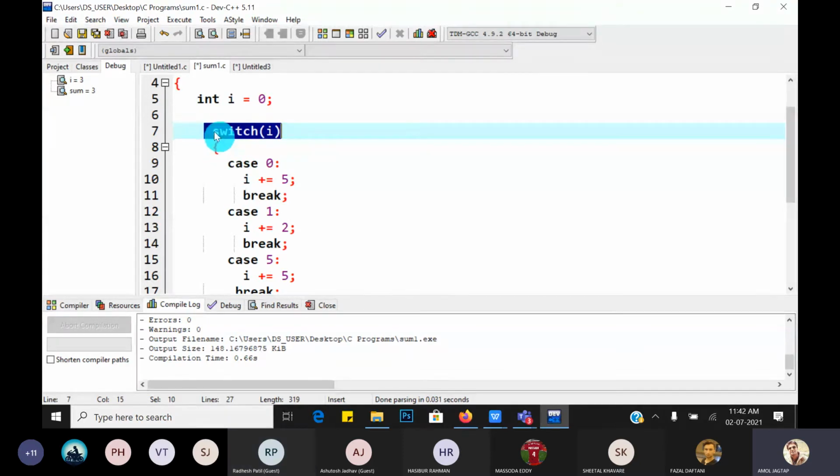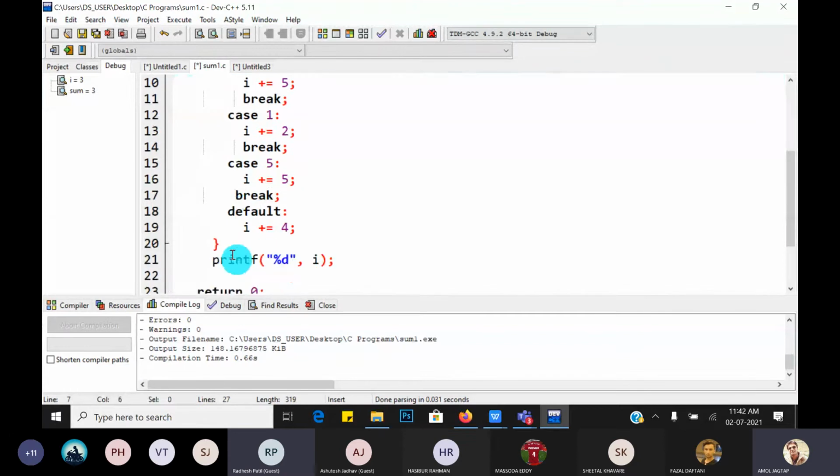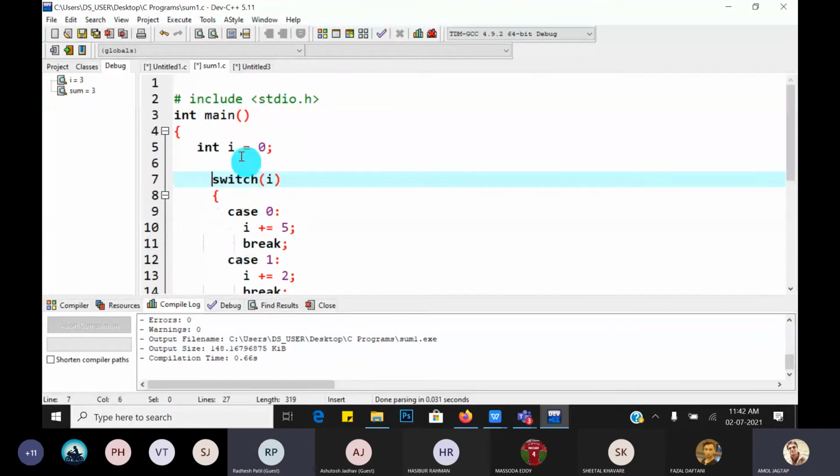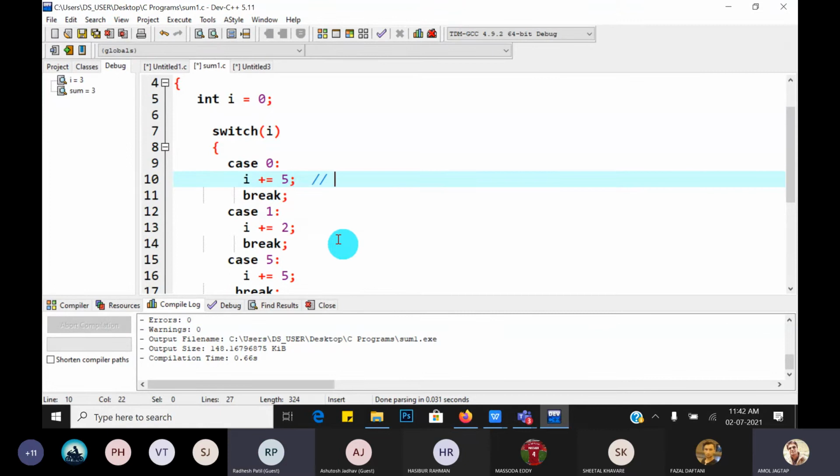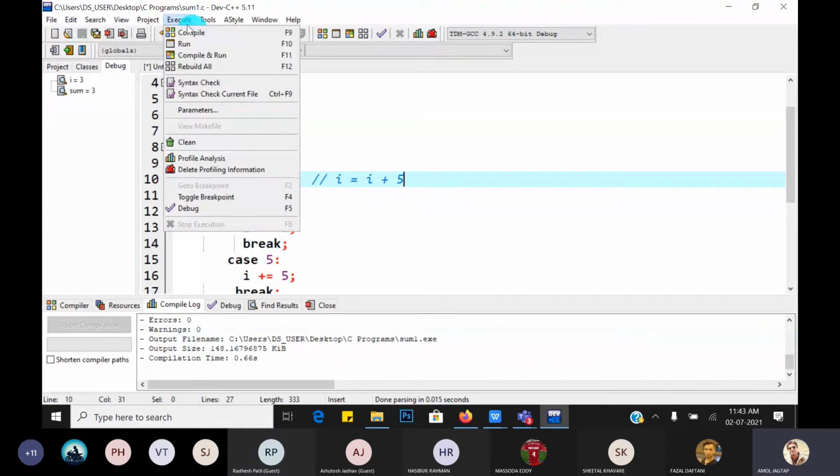So it is a combination. Let's tell me what is the output. 0 gets matched with the 0 case. So the expected output: I plus equal is shorthand notation, I is equal to I plus 5. The initial value of I is 0, 0 plus 5 is 5. So the expected output is 5. Is that correct?